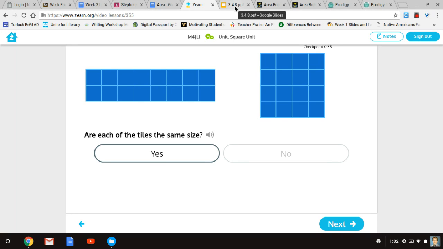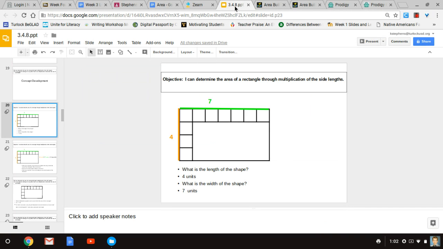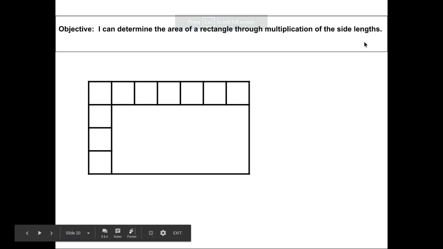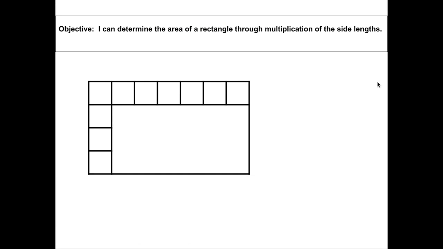After they have gone through their Zearn and I have viewed their reports, we will do a whole group lesson. And I will be using a slideshow presentation, and I present it onto my whiteboard so that we can interact with the shapes that are being projected on the whiteboard. The lesson also lists our objective, and then it gives us questions to kind of drive our discourse in the